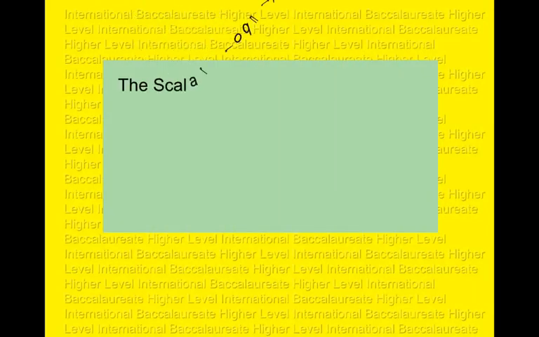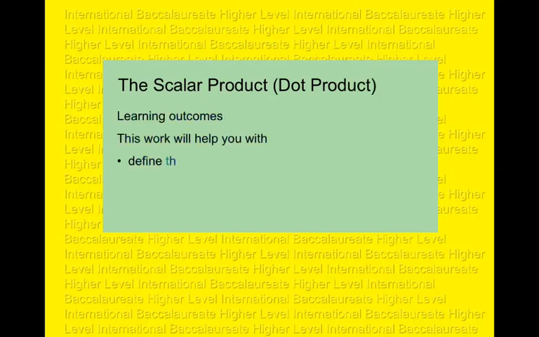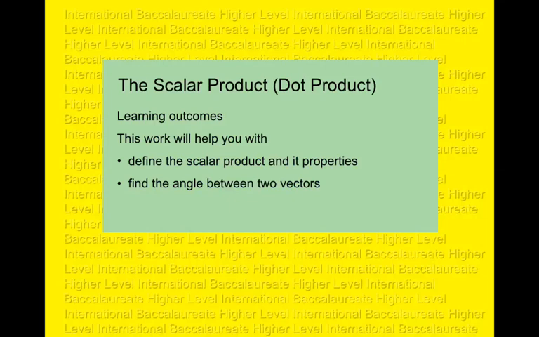The scalar product. This will help us with defining what the scalar product is, its properties, and its main use, which is to find the angle between two vectors. Okay, we'll start with a definition. The scalar product sometimes is known as the dot product,